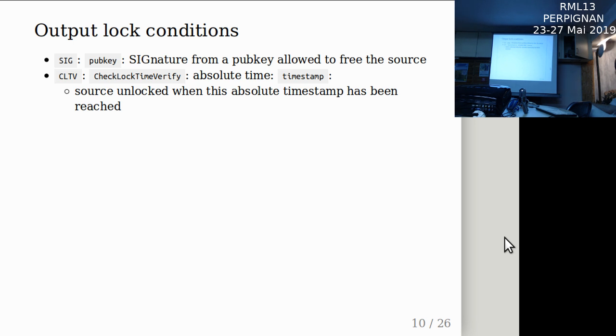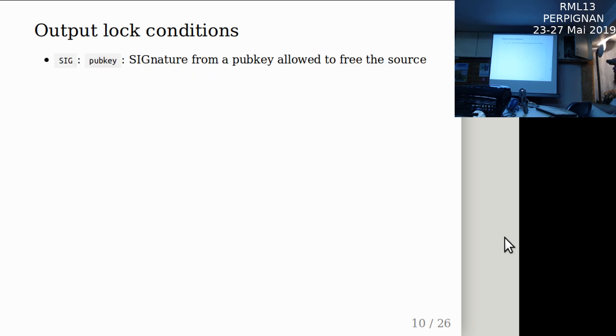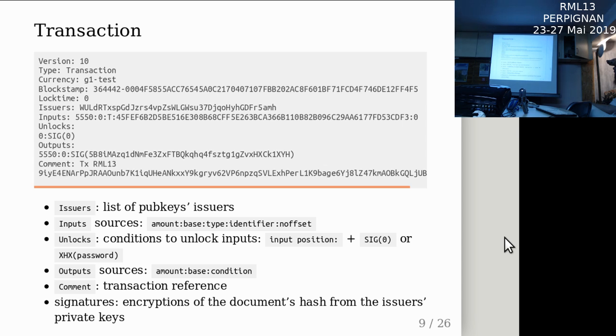Can you go back please one? This one? Previous? Yes. Input. Where is the amount? Of the output or the input? Here or here? This is the amount.